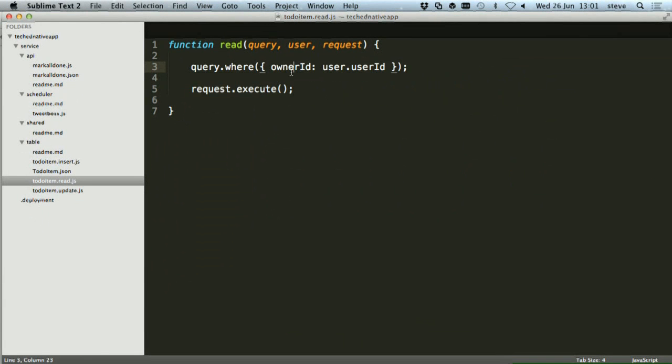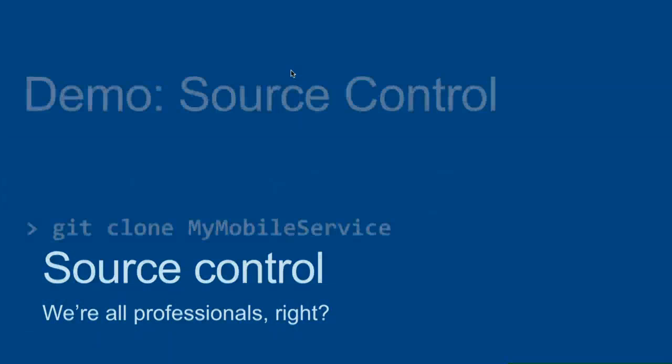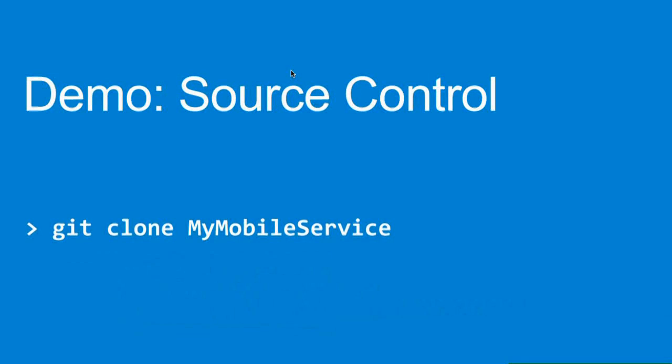And that's great. But what would be really interesting now that you've got the source control code locally? What if you could do a bit of local development, not using the cloud? And what if you could even pull in third-party scripts? Because if you're going to build a large, serious application, then you probably don't want to write all the code yourself. You want to be able to reuse third-party scripts.